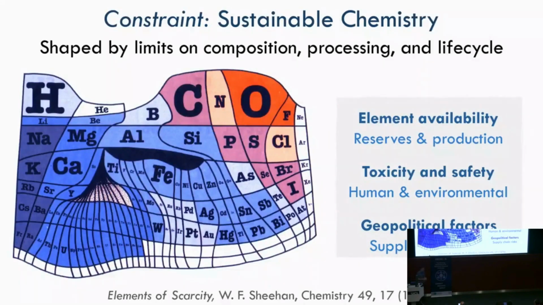And just to keep things interesting, it's not an unconstrained optimization problem. So in chemistry, there is the periodic table, which represents sort of all of the available elements, but they're not equally available geographically and in terms of cost and availability. So you have this very skewed landscape. So if you want to develop a technology that's going to scale, then you have to look at the abundance and production of the elements involved. So that's going to limit the building blocks that you would use to design a material. But that would essentially be a pre-processing step that you can introduce.